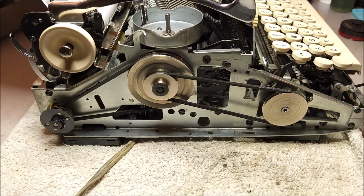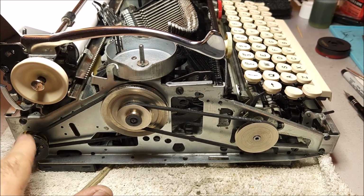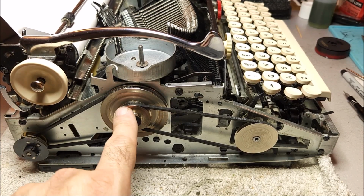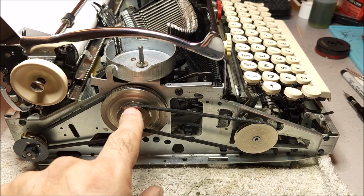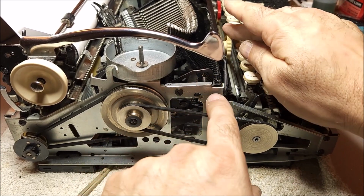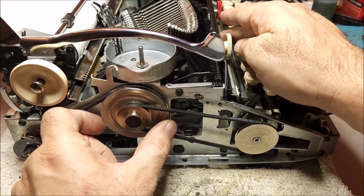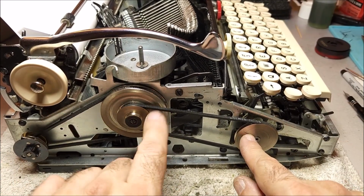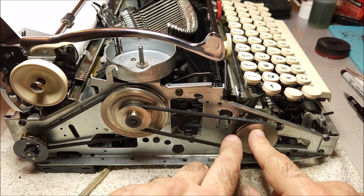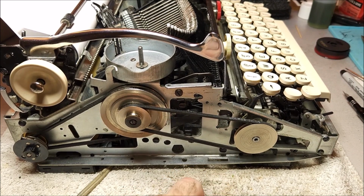Now, the electrical connections, their purpose is to drive this motor here, which drives this pulley inside, which drives this pulley. This is a variable, which is operated by the touch control or the impression control. You can see it moving the spring here. What that does is it changes the position of this pulley a little bit and changes the tension on this belt. Now this, adding tension, increases the force that the type bars have applied to them when you press the